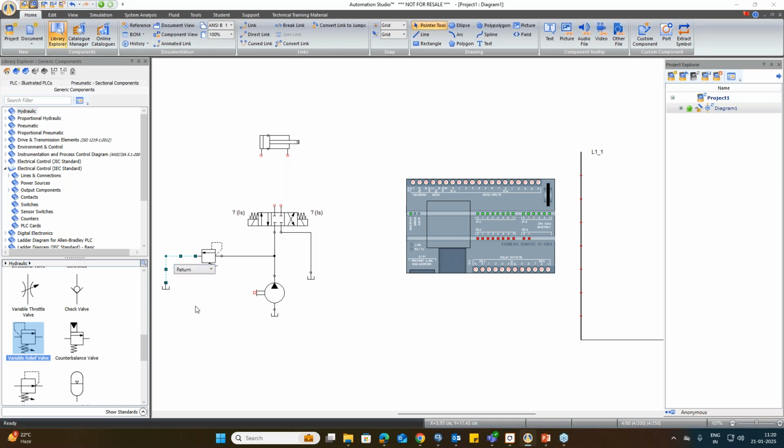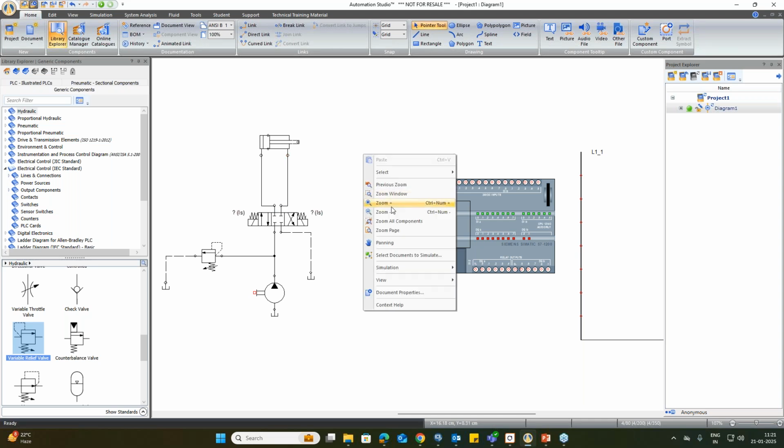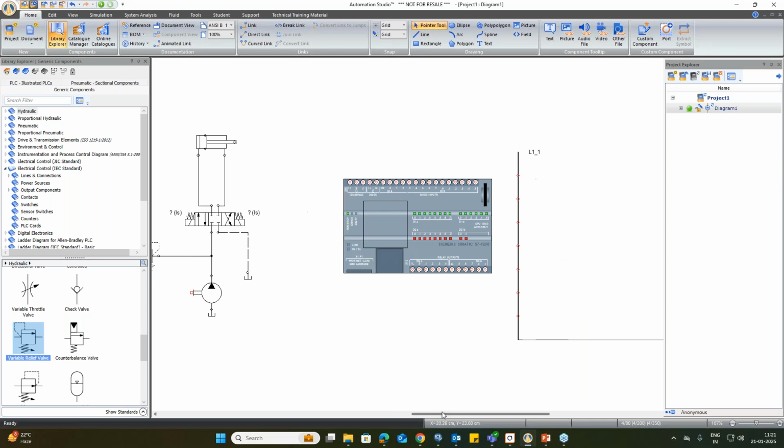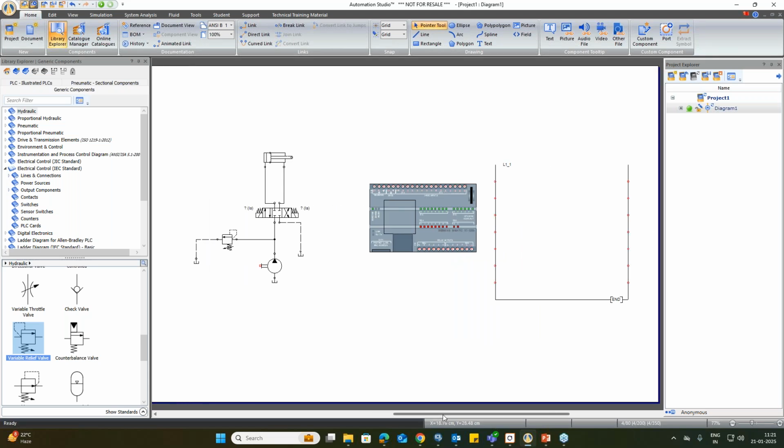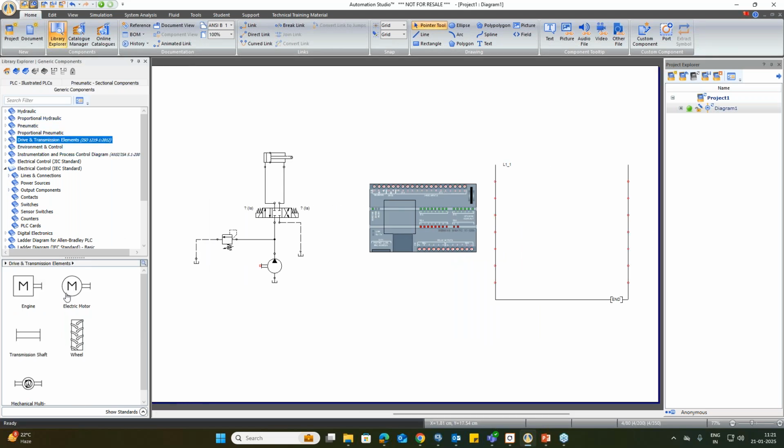For example, this is the return line. Okay, so you can see, it will change. Or I will zoom the page. I need one engine or a motor, so I will take one motor only. Okay, yeah. So it was very easy to create one hydraulic circuit,